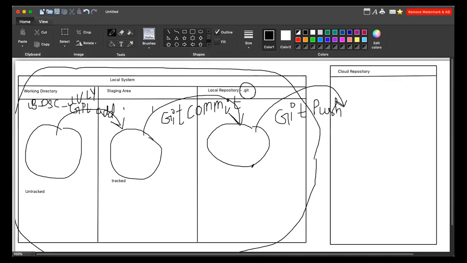Now the main part is to move this from the local repository to the cloud repository. Why? Because if you want to share, you will be sharing your cloud repository, and this is easier to share than the local repository. So now we need to move all the changes to the cloud repository. I have created one cloud repository in the LearnBay account. Let's say this is the repository, which I told you to fork into your account.